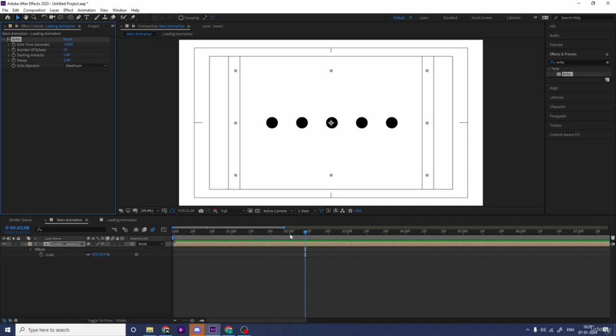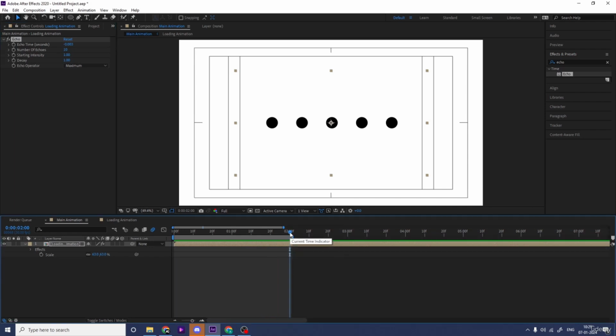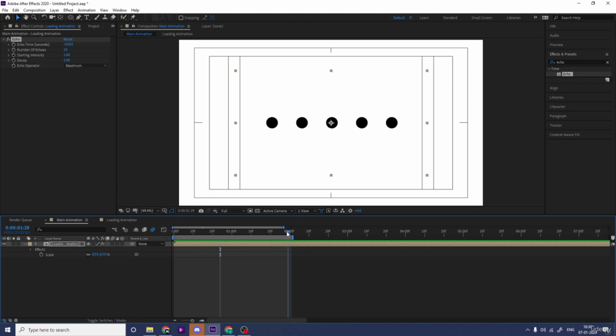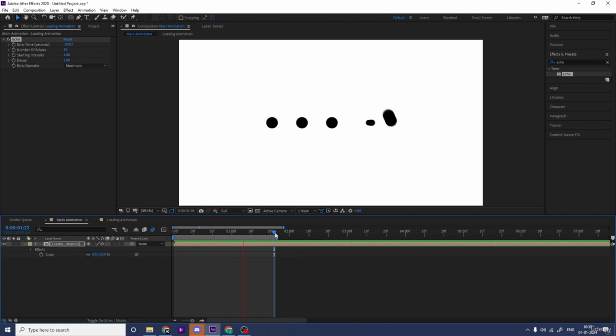Okay, and we will end this animation at 2 seconds. So I'll hit N over here. I think we should end this animation somewhere around over here. So hit N to set the end. So we will get this stuff in the form of a loop